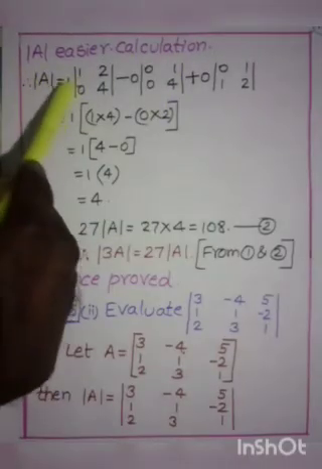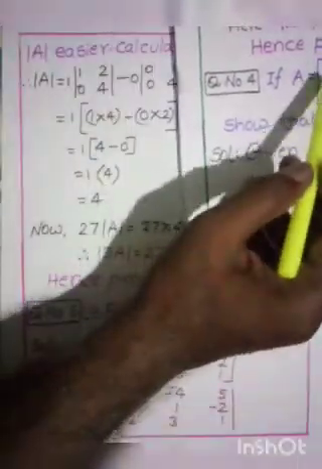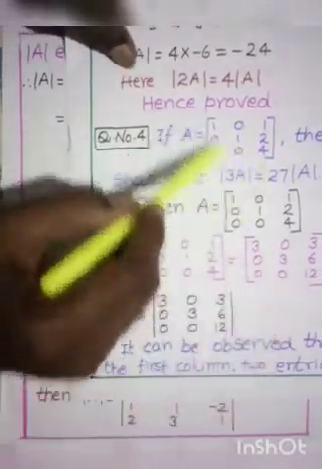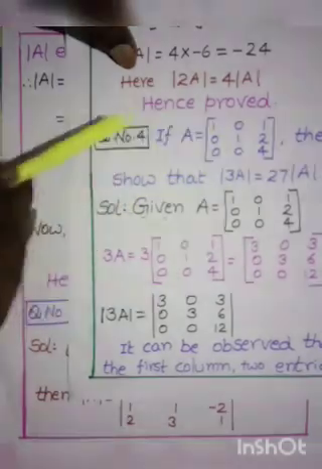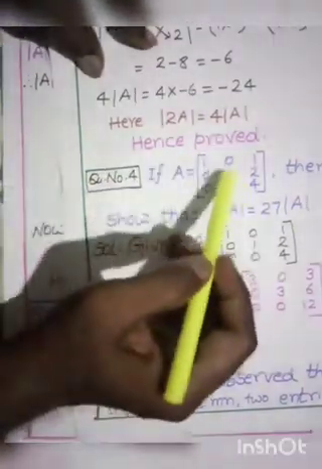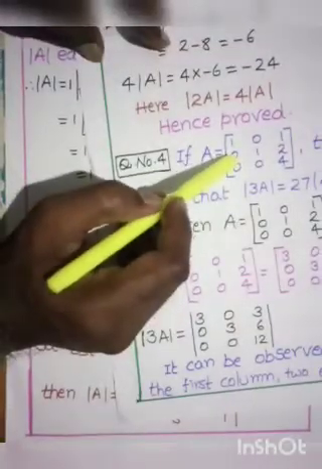Therefore, det A is equal to 1 into, see here, matrix A is this one. In this matrix, we are expanding along the first column. So 1 into, I wrote here 1 into. After closing the first row and first column, what will you get? 1, 2, 0, 4. I wrote its determinant 1, 2, 0, 4. After that, what did I say here? Minus